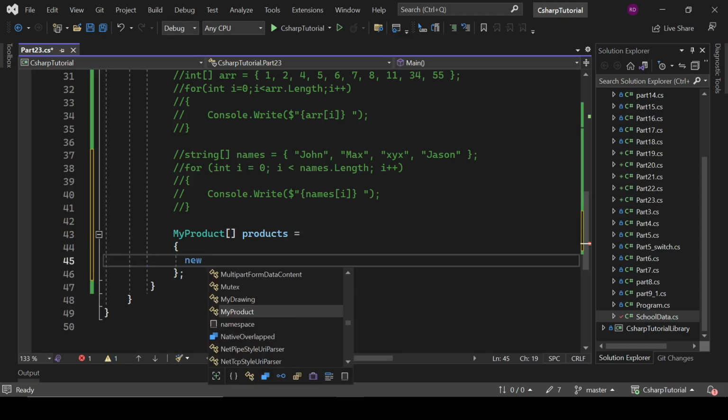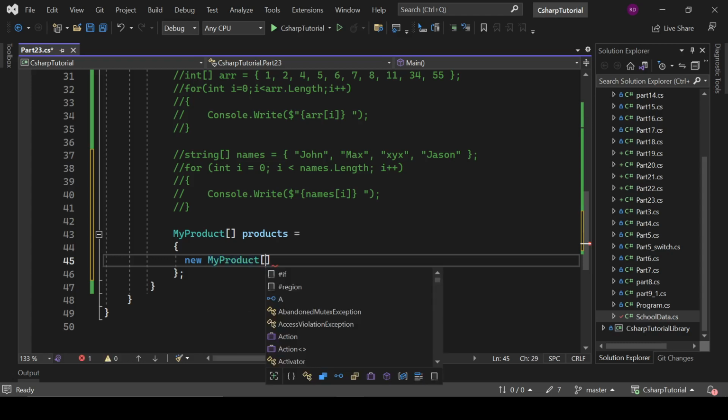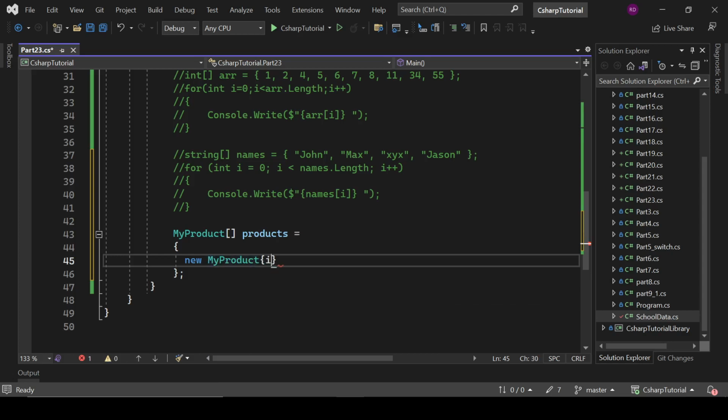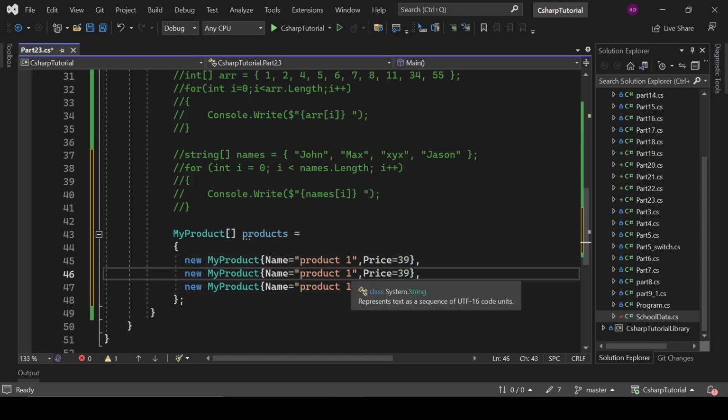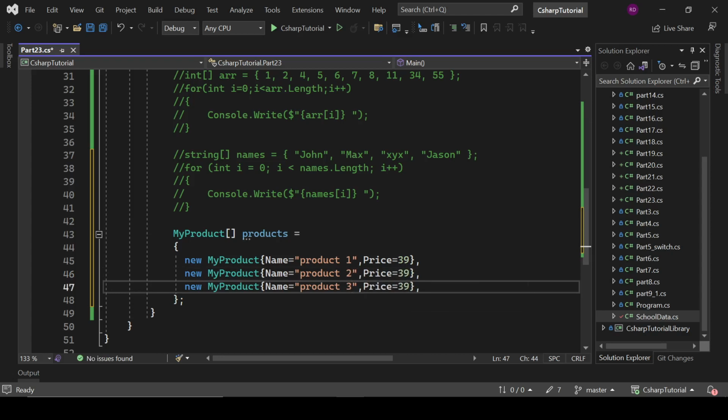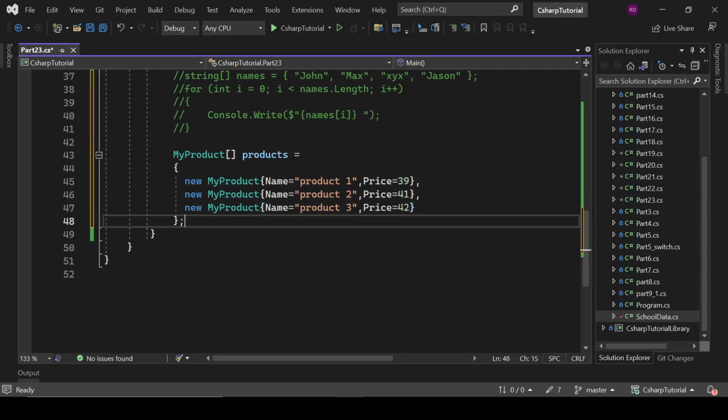We have to write here new MyProduct, name equals to product1, price equals to, let's say, $39, and it should be product2, product3, $41, 42. So it is how we can create the array of any class, or it is a complex type array,